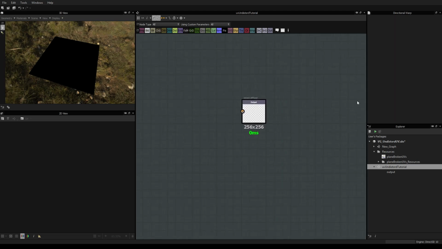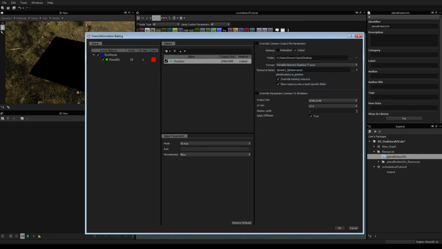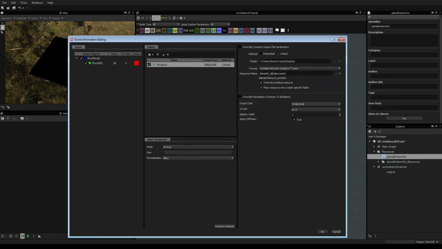So what to do first? First, we need to bake a map, which is the position map. You will understand why. The position map looks at your object in the 3D world, and it bakes the 3D coordinates in 3 colors, so you can do all the axes or one axis. For example, if you want the height of an object, you will use the y-axis, so you will have the vertical height. But in our case, what we want is to do all the axes.